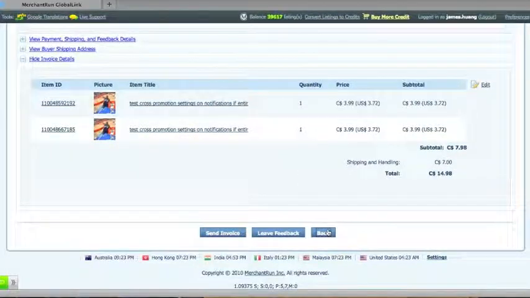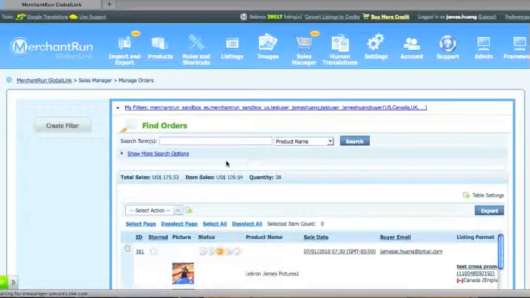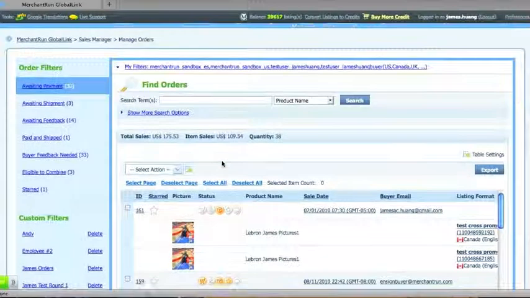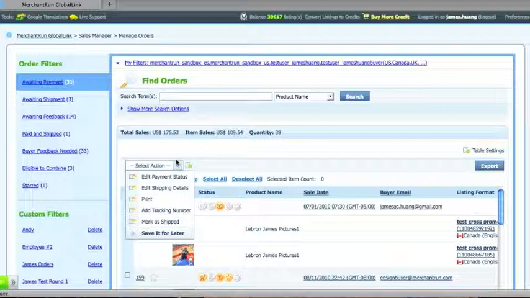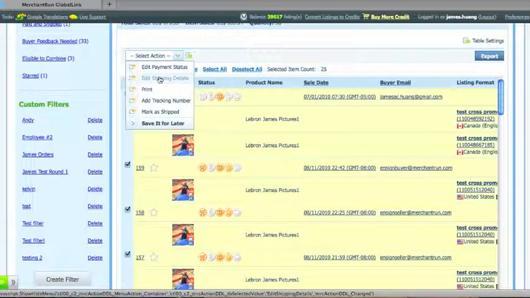If we click back, after we arrive at the Manage Orders page, GlobalLink also provides a convenient bulk edit function. For example, you can bulk edit the payment statuses or bulk edit the shipping details. So for example, let's just say for the following orders that I select now, I wanted to edit the shipping